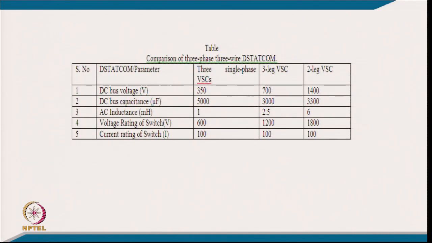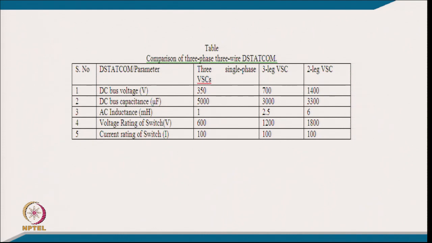And these are typical design calculated data for a given rating, for 3 leg VSC and 2 leg VSC. So, the DC link voltage we can have for all 3 topologies corresponding to the design. Considering even a unity ratio of the transformer, in case of 3 single phase VSC, the DC link will be only 350 volt, whereas for the 3 leg VSC it will be 700 volt, and